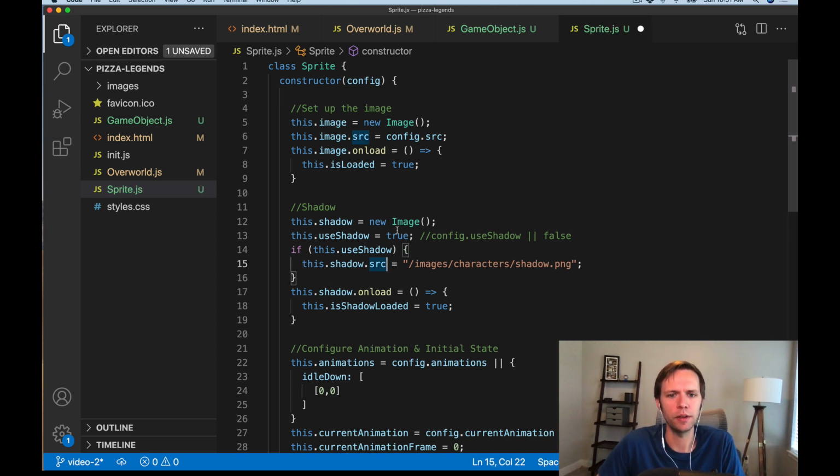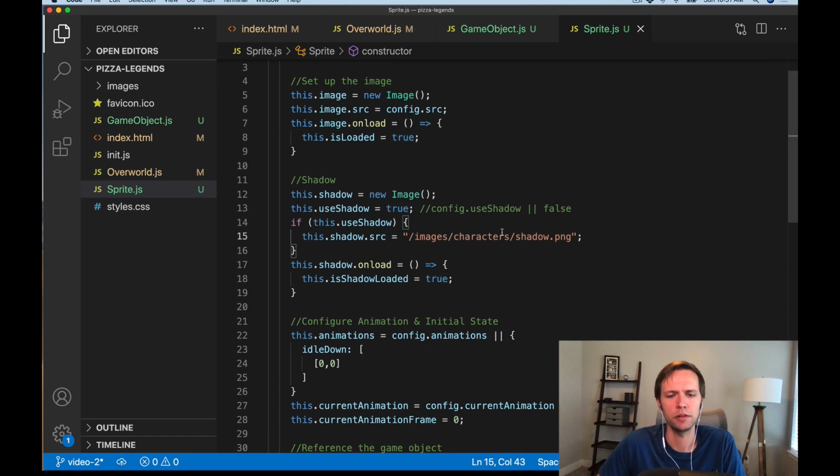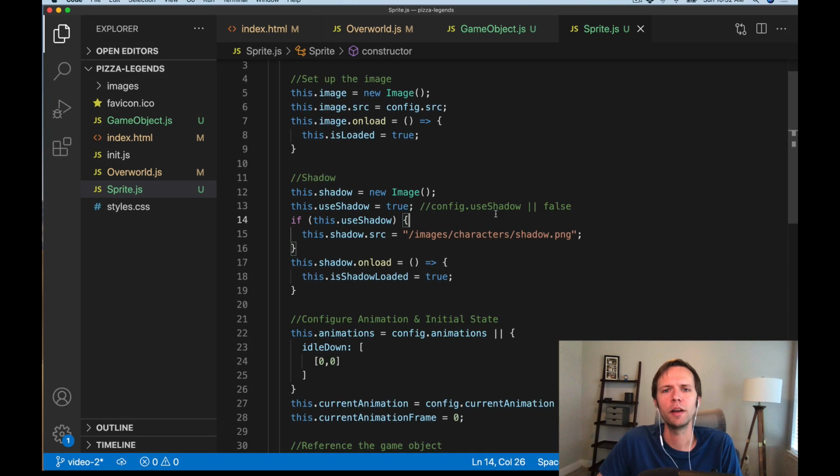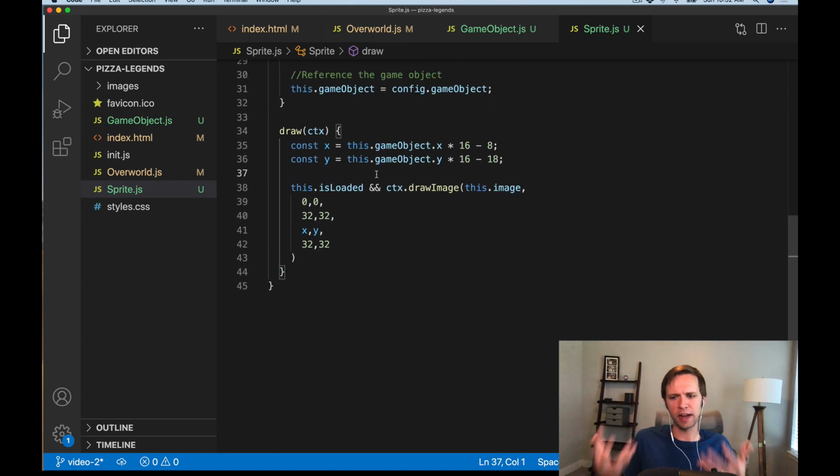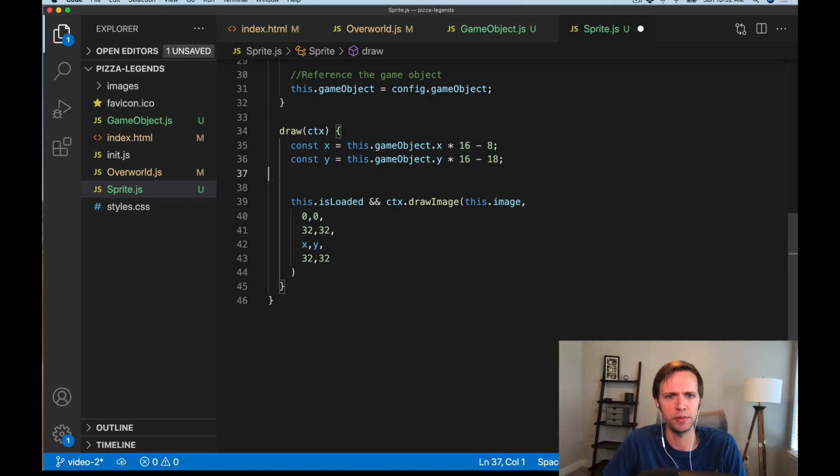So that way, if we don't want to use the shadow, then we'll never download it. Okay, and now moving down to actually draw the shadow. Remember, we want to reference back to our kind of paper analogy we had before, that we want to start from the ground up. So we're going to do shadow first and then hero on top. That means that the shadow drawing line needs to happen before the hero is drawn, or the NPC skin, game